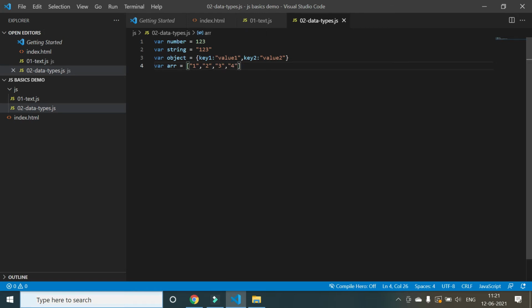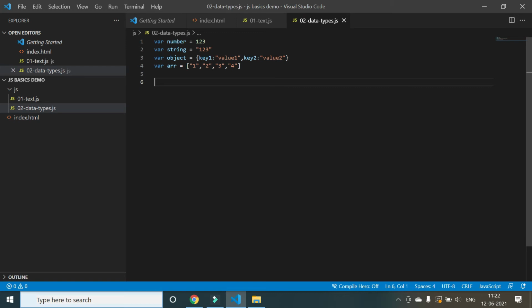So all these are valid. We don't have multiple data types like array, or object, or a string or str, or even number, num, int. Nothing like that. Everything is var. Every variable is var, so it is very simple.